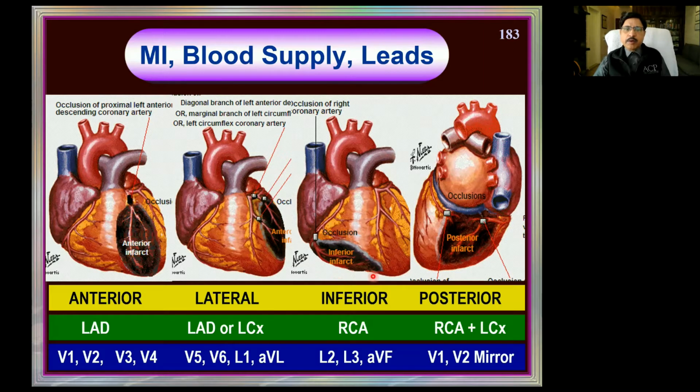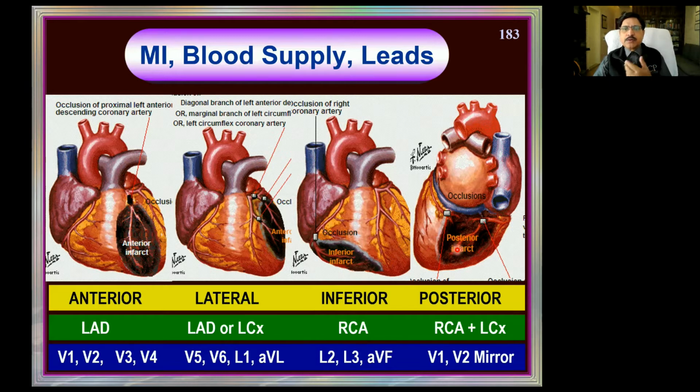So the inferior wall or the diaphragmatic surface of the heart is subserved by the right coronary artery, and we have 3 inferior cameras, the 60 degrees L2, the 90 degrees AVF and the 120 degrees L3, and these record the inferior events. Suppose the patient presents with inferior infarct, we will be seeing changes here. If we see the changes here, we should surmise that there is an inferior infarct and RCA is the culprit vessel. Now, what is the posterior surface?